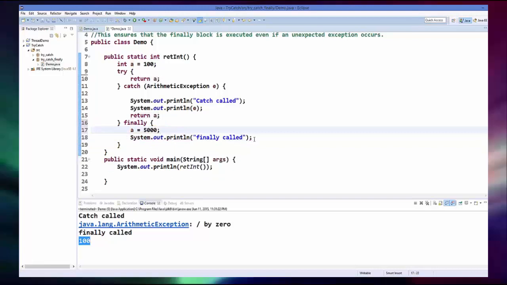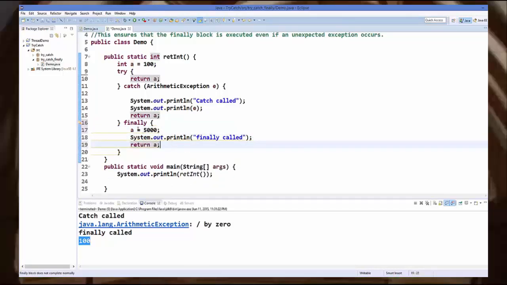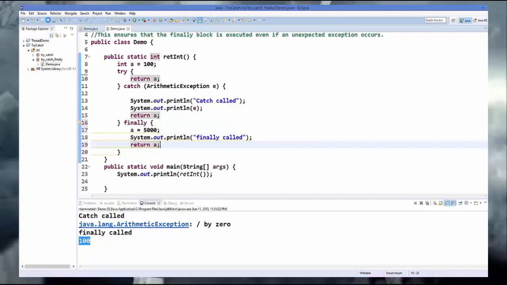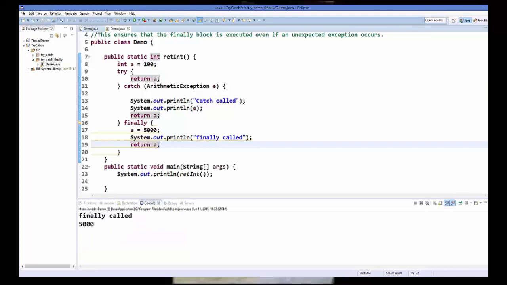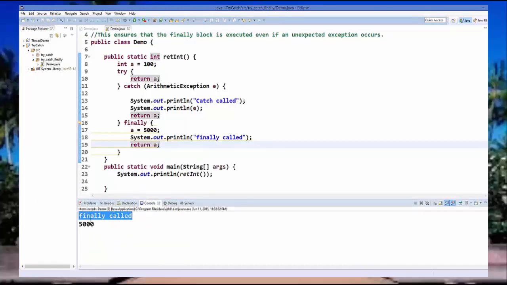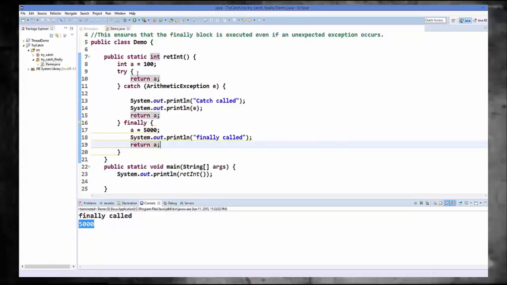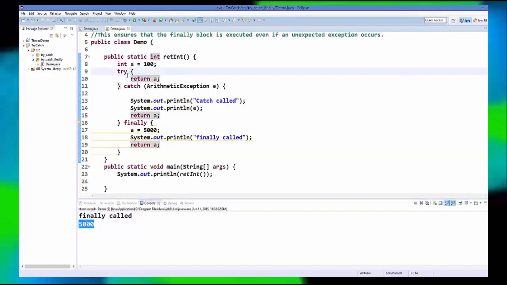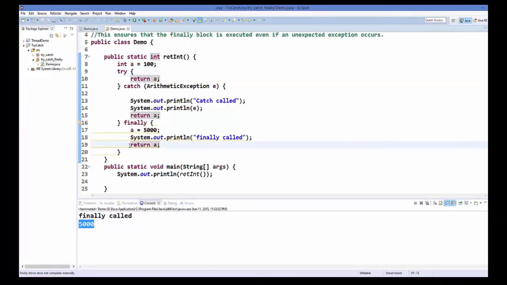So let me do this after this here, and I will save this program and run it, and you can see that finally overrides your return value also. Okay, so ideally it should return 100 if you don't return from finally, right?